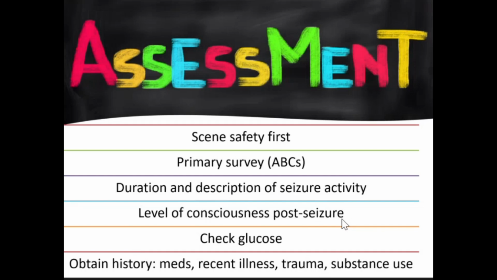Check blood sugar, it can tell you a lot of things. And then the history. I've said it 15 times, I'll probably say it 15 more before this is over. Good history, good medication list, when they last took their seizure meds. If they're not on seizure meds, this is a first-time seizure. Uh-oh, we got some issues. There could be blood in the brain. There could be God knows what, infection, tumor, who knows.